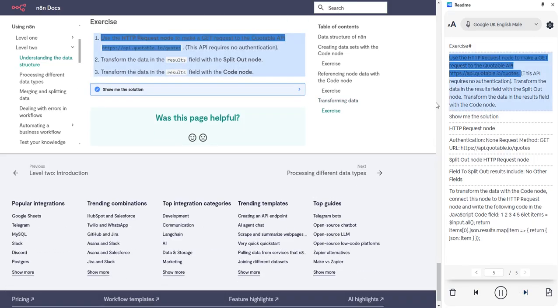Exercise. Use the HTTP Request node to make a GET request to the Quotable API, https://